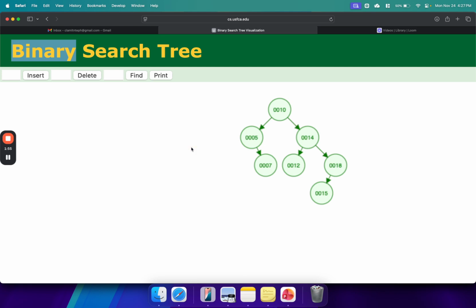And why is it a binary search tree? It's because you would be able to cut down the number of searches you do when you are looking for a specific element. And I will show you that in a bit. But for now, this is what your binary search tree looks like. Now let's go to the specifics and the definitions before we keep going into insert, delete, and find.